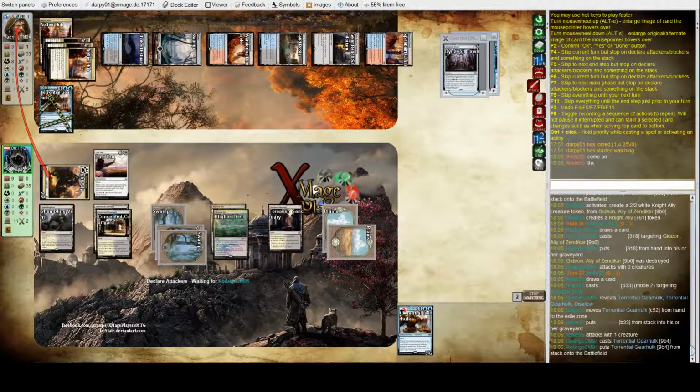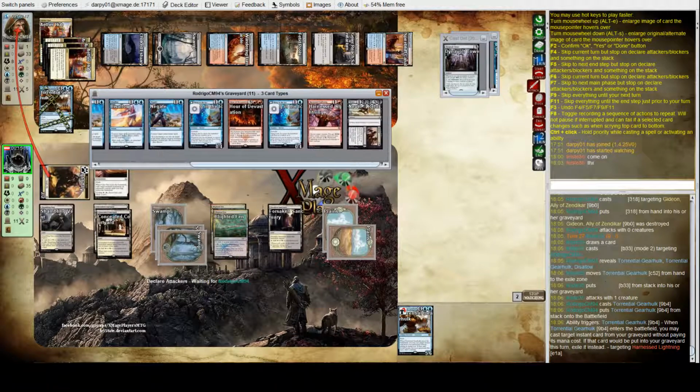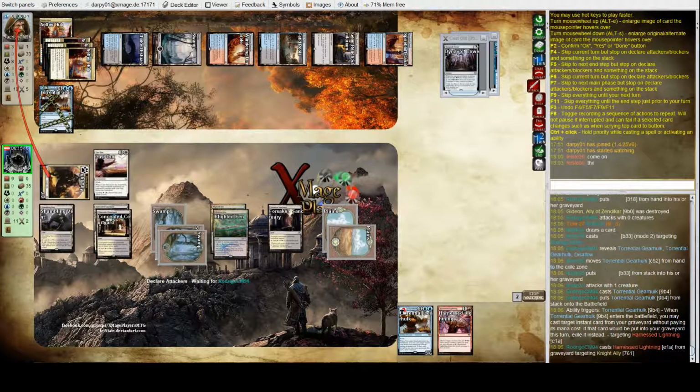What's the Gearhulk going to target? He can target... I think there's a shock in there that would take down the Knight ally. I don't think he has any draw spells left. 11 cards. Oh, he's targeting the Harness Lightning. Yeah, there's no draw spells left for him. He does have the option of making a zombie as well. So he'll Harness Lightning down the Knight ally,